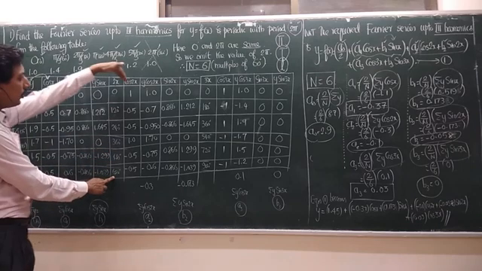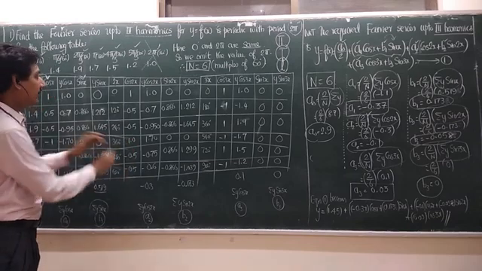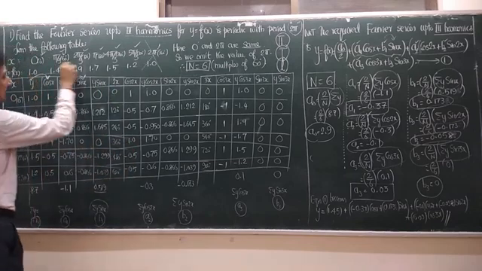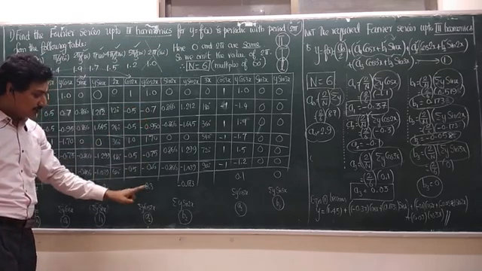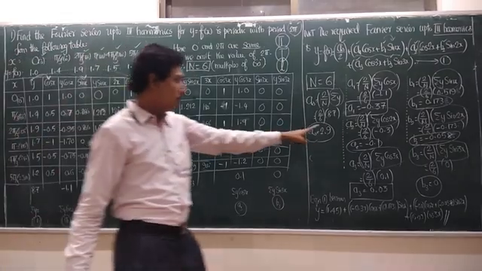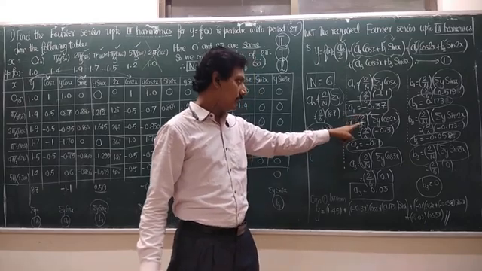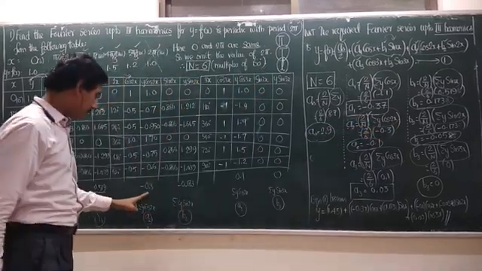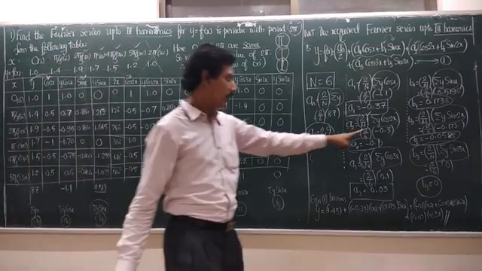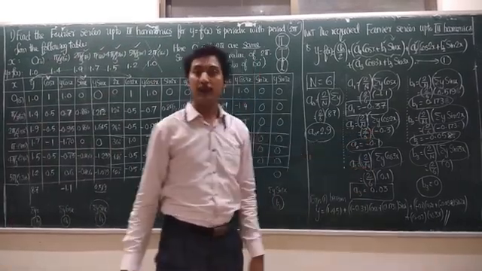Now find the corresponding cos value. Multiply y with the cos 2x. Adding this vertically we get minus 0.3. This will give the a2 value. What's the a2 formula? 2 by n sigma y cos 2x. So here sigma y cos 2x is minus 0.3. So minus 0.3 by 3 is minus 0.21.